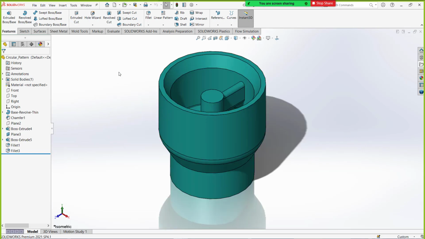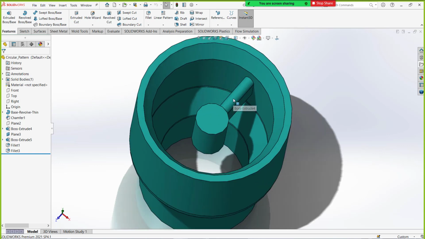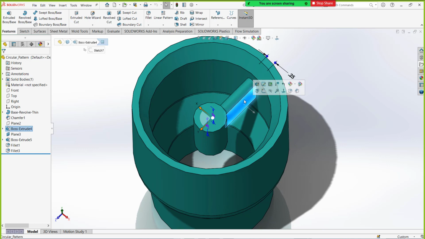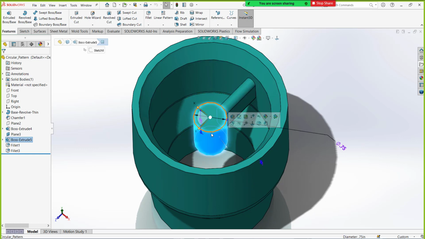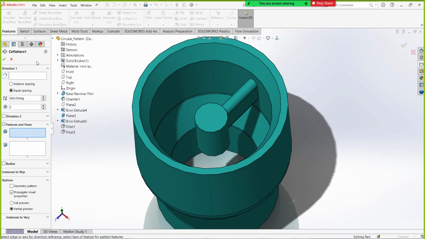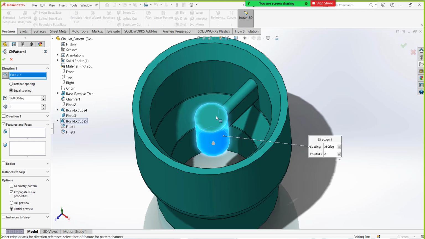In this model I want this particular extrude and fillet to be patterned along the reference of the cylinder. So you can choose the circular pattern. It will ask you for the direction reference. Actually I need the axis, but if you select the circular edge or a circular surface, automatically it will recognize the axis. Remember that.